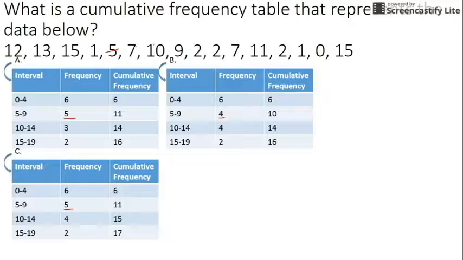So 1, 2, 3, 4. All right, so we should have 4. Did I miss any? Nope. And so there we go. We figured out it can't be either of those because they did not accurately count how many were there. One thing you'll notice, we started with 6, then we added the 4 to get